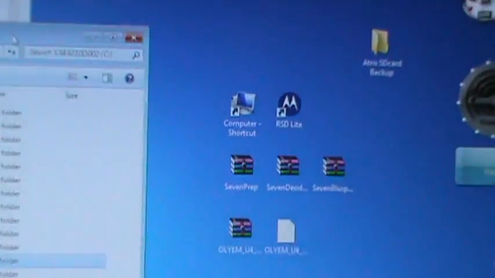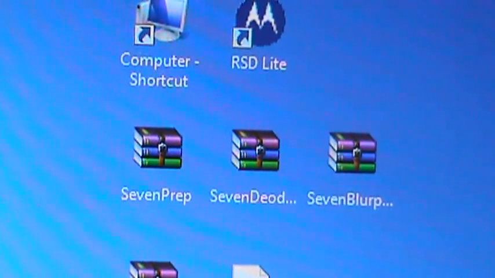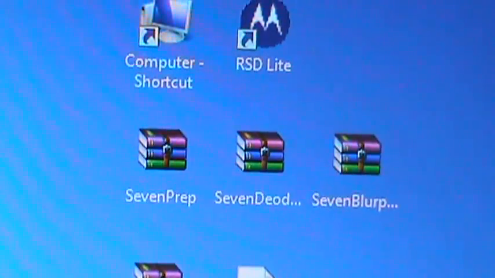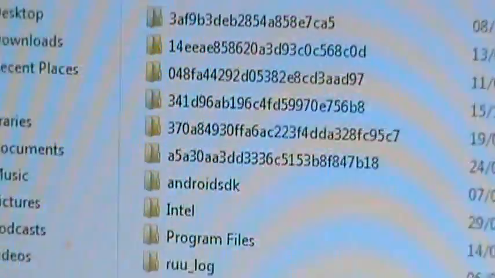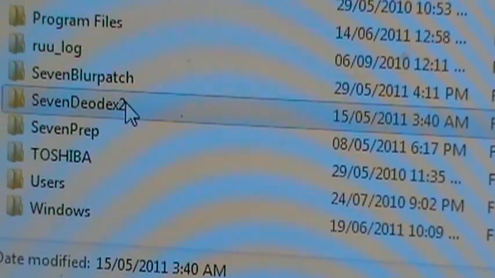Okay, so we're ready to DeOdex. The next step you're going to do is take 7's prep file, 7's DeOdex file, and you're going to want to go ahead and extract that into your C drive. Once you've done that, you will see something like this. We're going to go ahead and open that up,